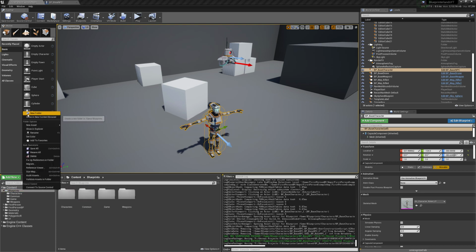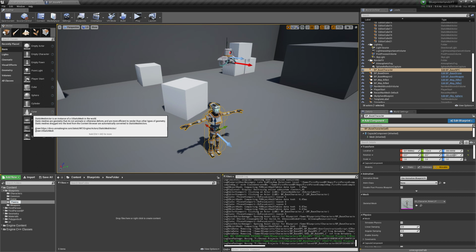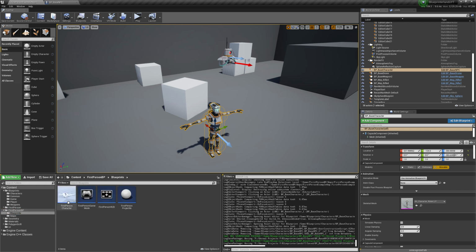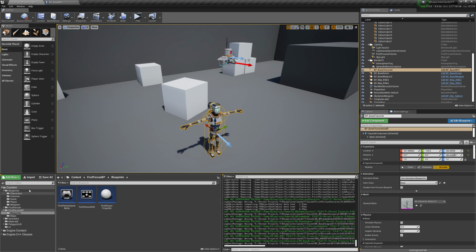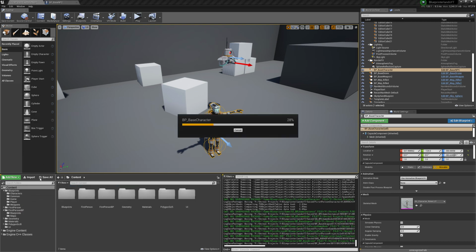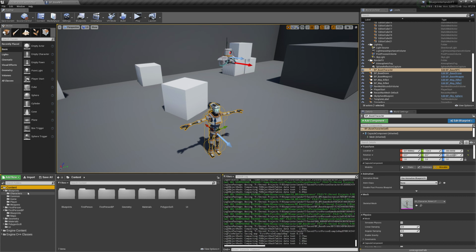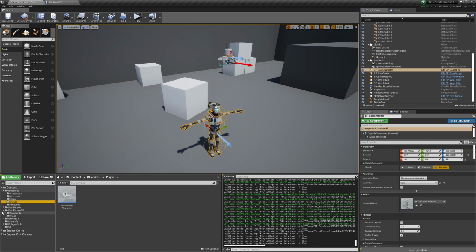We're also going to make a new folder and we'll call it Pawns, or Player even. And we're going to drag our first person blueprints, and hopefully this doesn't screw up Unreal too bad. And we'll drag him into here and move here. And then we'll right click and fix up redirectors rather. And that way we're just a bit more organized